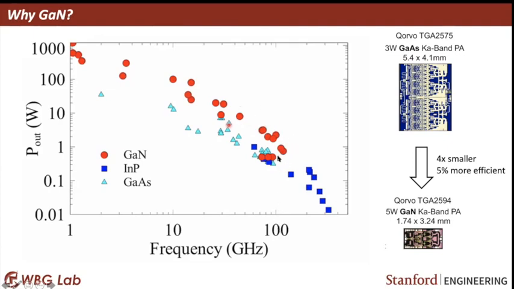Let's say, for example, at 100 gigahertz, a power output of around 8 watts is reported in the literature for gallium nitride materials. And this is showing commercially available devices. One is a gallium arsenide based device, and one is a gallium nitride based one. You can see that the device footprint, the area of the device, is much better in the case of gallium nitride based devices. So these are now commercially available ones. So with that,